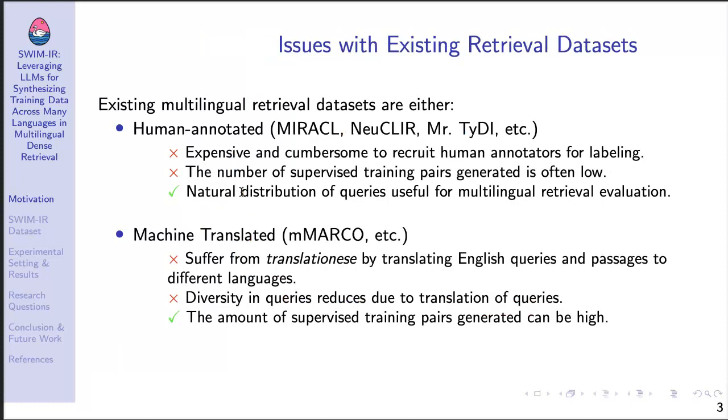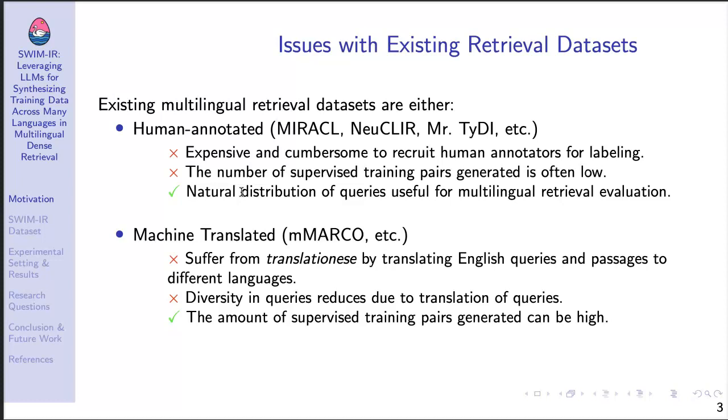There are certain issues with existing retrieval datasets, and a majority of them can be classified as either human annotated or machine translated. In human annotated datasets, there are certain disadvantages. First, it is very expensive and cumbersome to recruit human annotators for labeling, and after the whole annotation procedure, you are often left with a low amount of supervised training pairs. An advantage of human annotated datasets is that you find a natural distribution of queries,